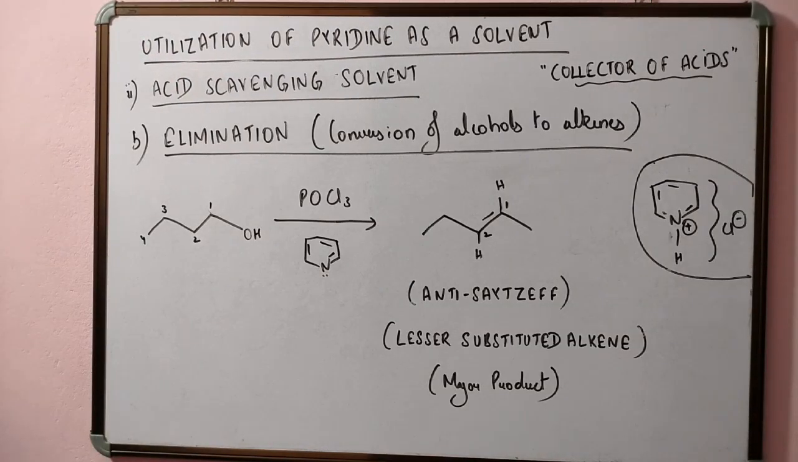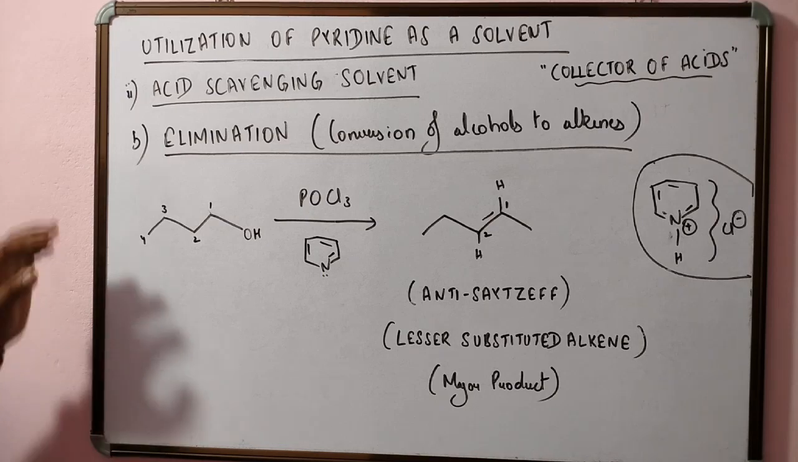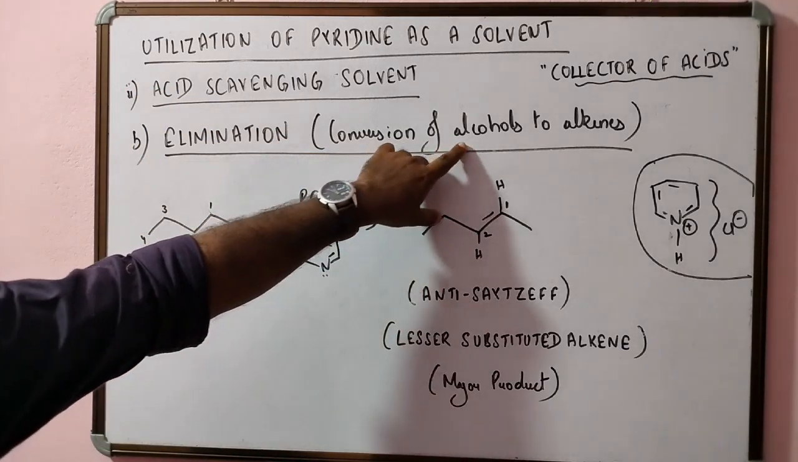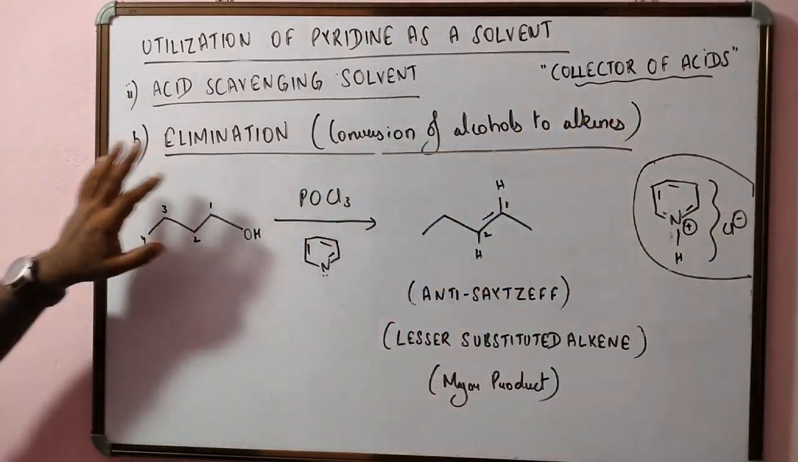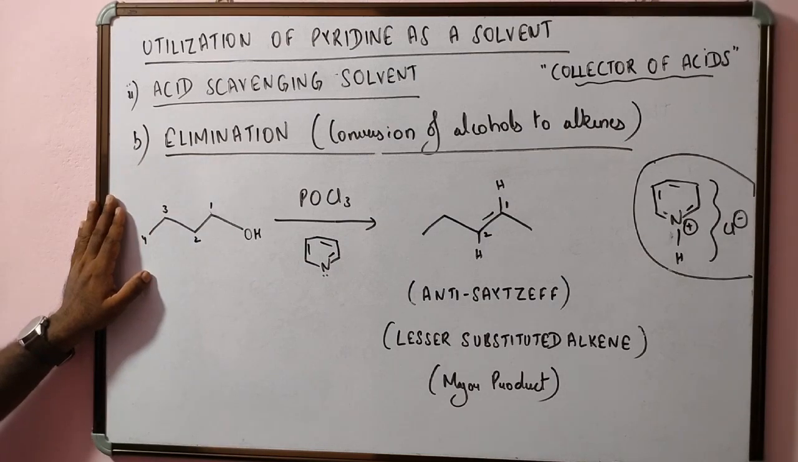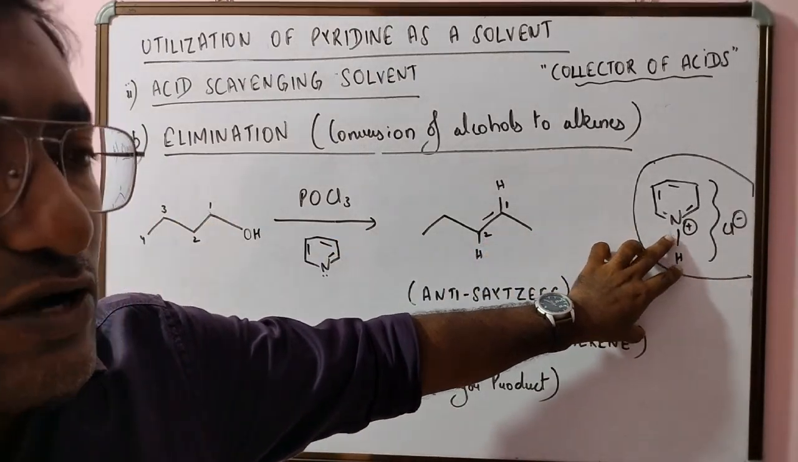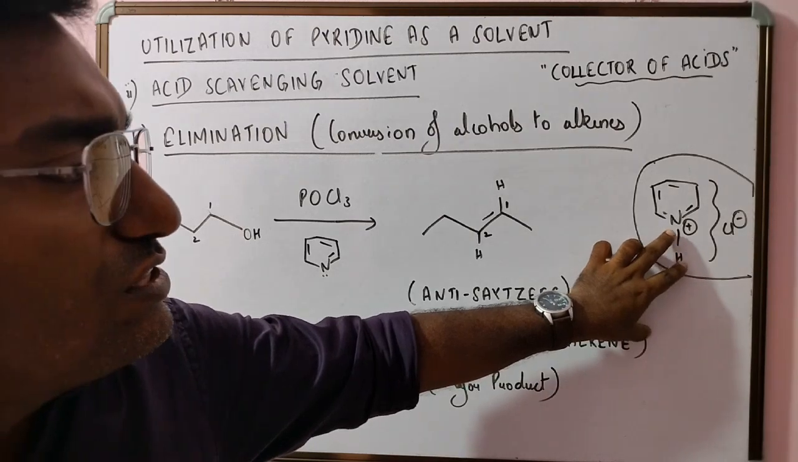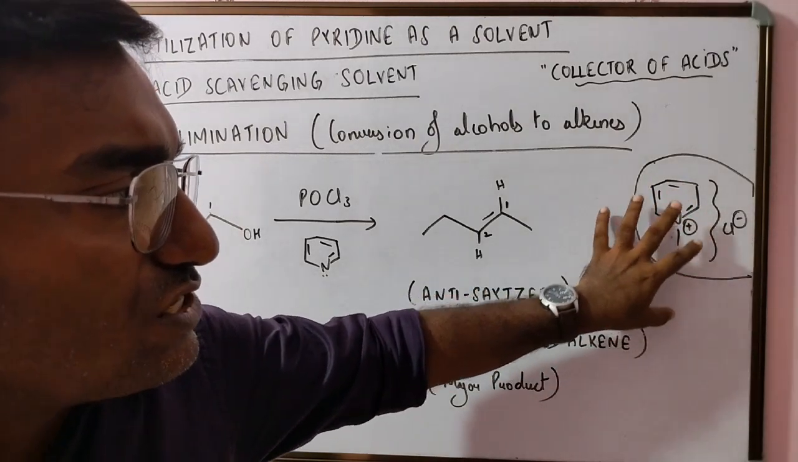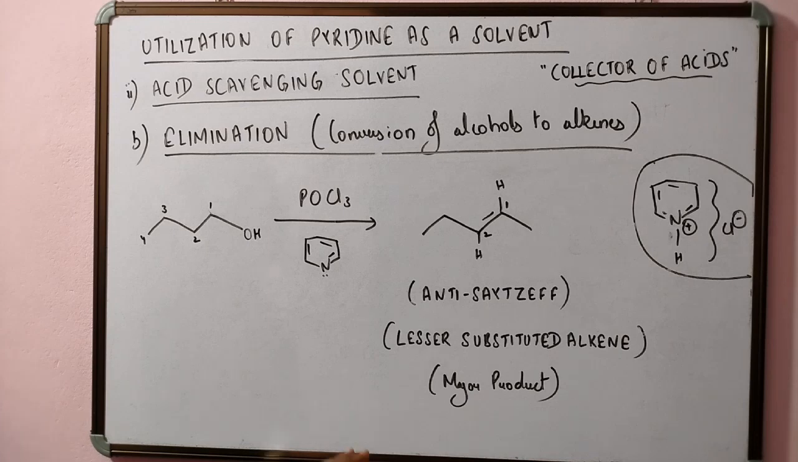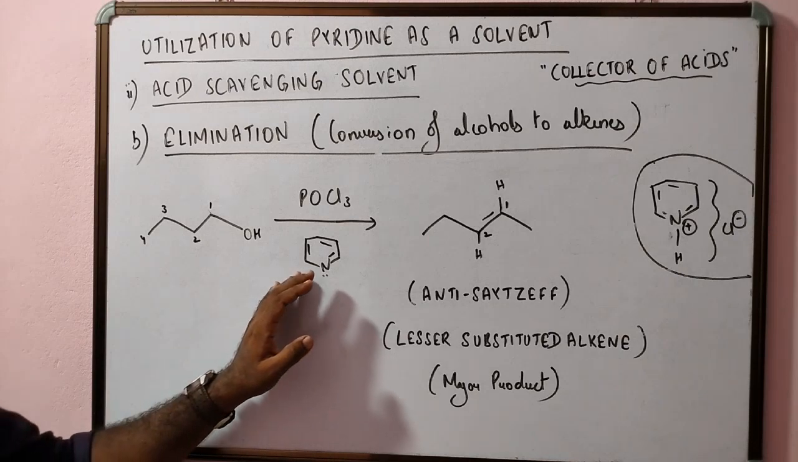Another example which proves that pyridine is an acid scavenger is the elimination reaction that is involved in the conversion of alcohol to alkenes. In this reaction too, pyridine collects acid and forms pyridinium hydrochloride. Although the collection of this acid has no impact on the rate of the reaction or the yield of the product, it is noteworthy that the use of pyridine